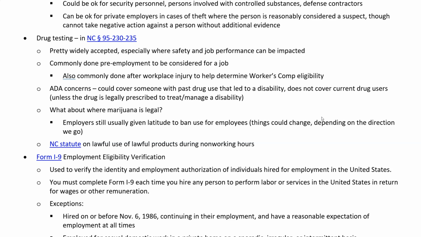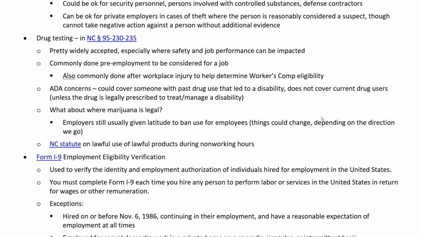especially where safety and job performance can be impacted by somebody being intoxicated on the job. Commonly done in pre-employment in order to be considered for a job. If you fail a drug test, then you're automatically disqualified in a lot of cases. Now, there are some companies out there who will take somebody even though they test positive just because they need employees that badly. But for a lot of jobs, and especially the higher you move up,